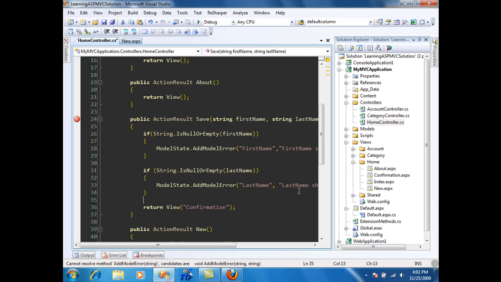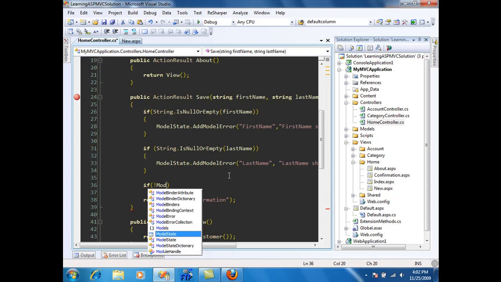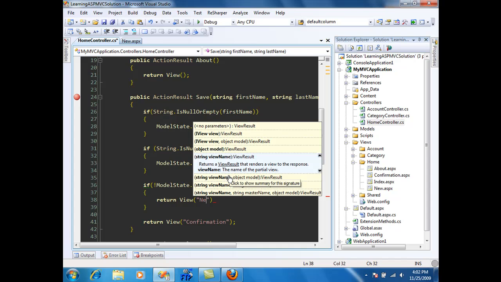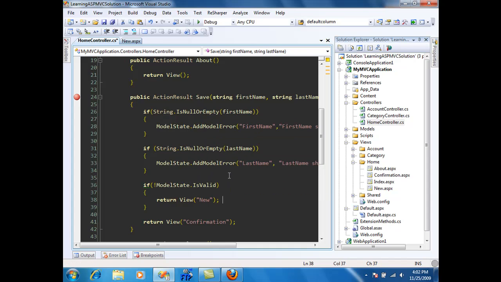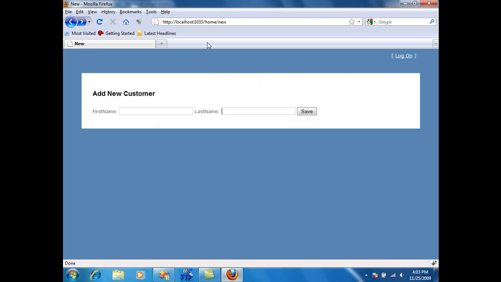In order to see if your view is validated or not, I can check ModelState.IsValid. If it's not valid, then what you need to do is render the view again. So I'm just going to say over here New, which is this particular view. Okay, and if it's valid, then we're going to go to the confirmation. Let's go ahead and refresh this page,